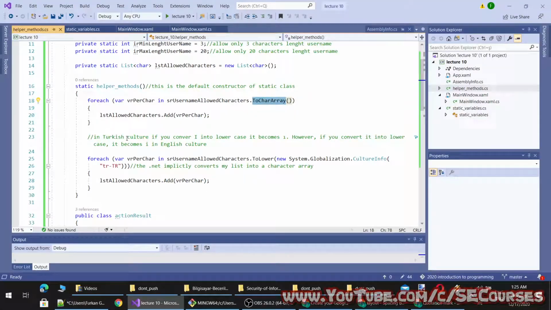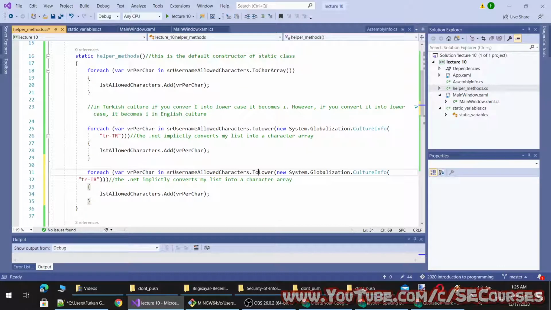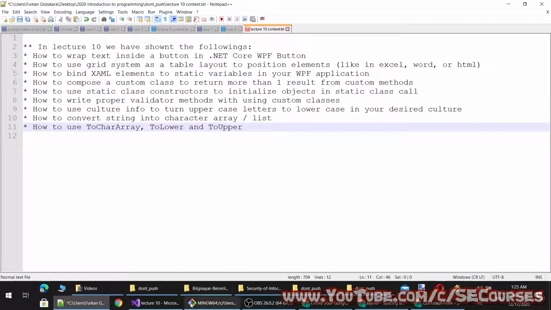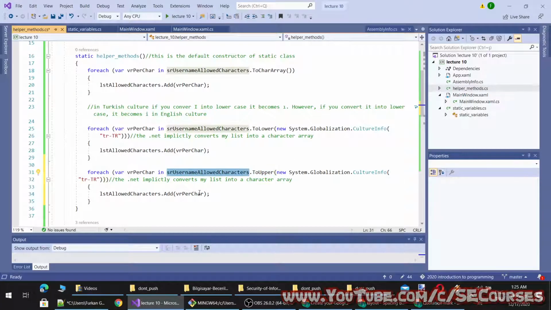I think it is named like this. And you see, this way we will be adding multiple times.